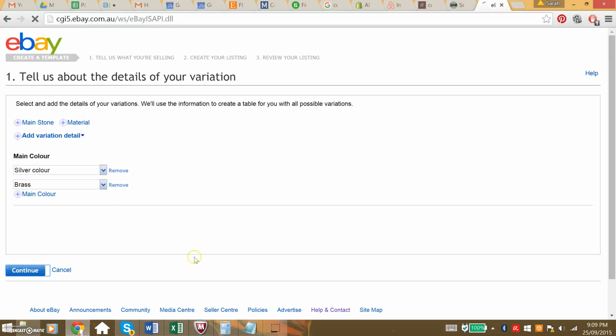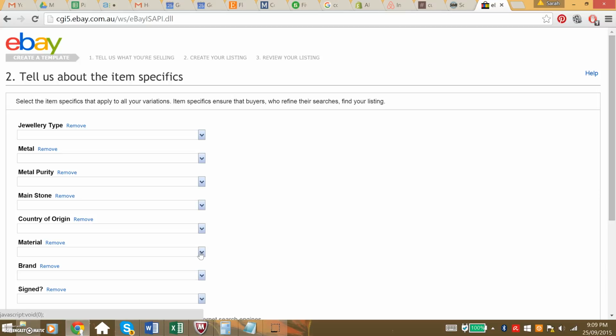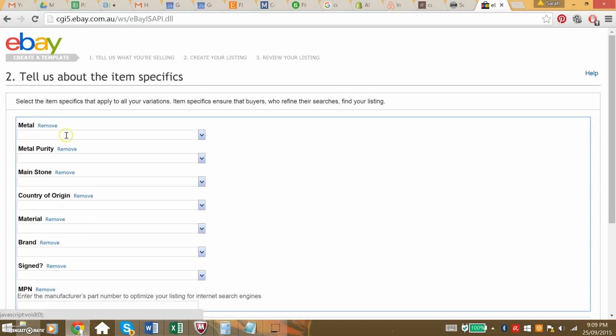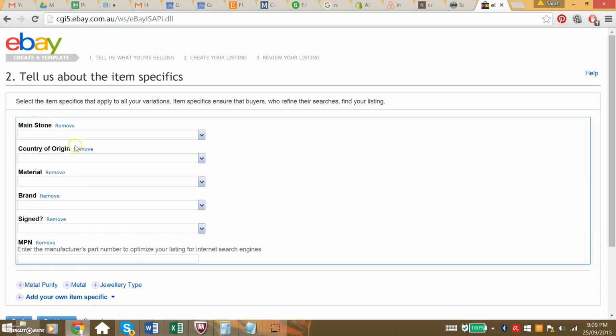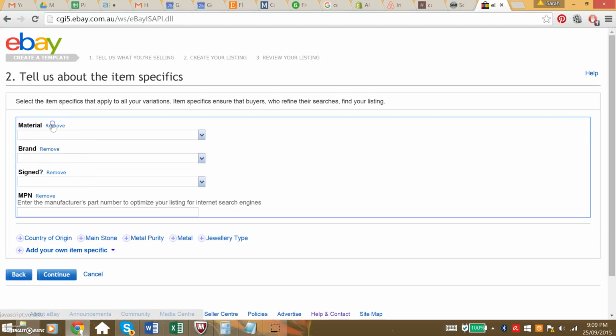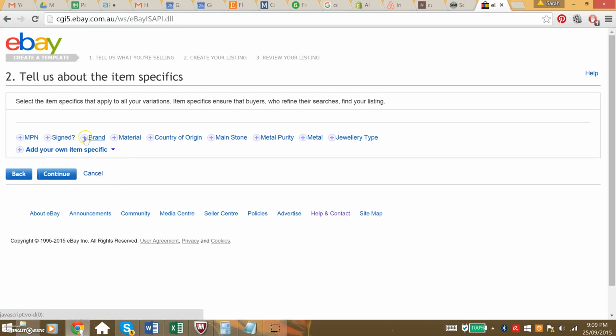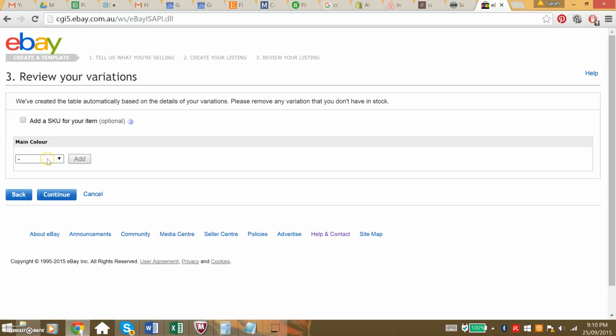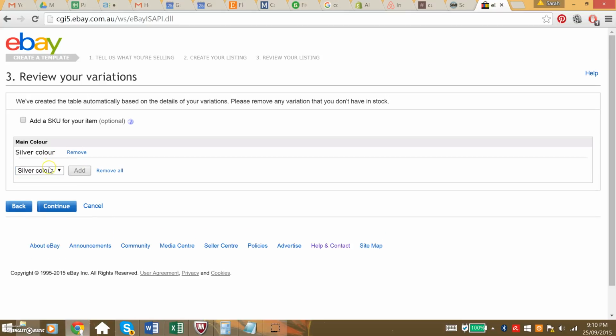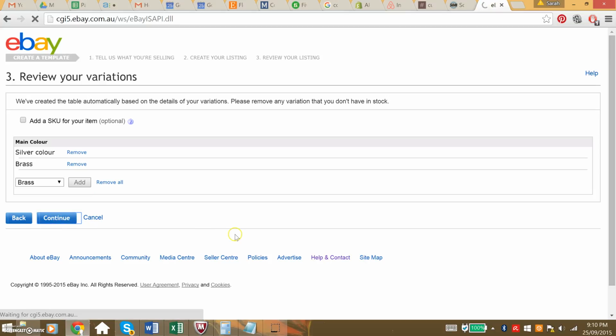Okay, so let's continue, and we've got two color variations now. We could also have put them in materials actually, I think. But let's just keep it simple using colors and sizes. I prefer that, I think. Whatever you think, actually, up to you. We remove all of these specifications we don't need. I think we could maybe leave brand and stuff like that, but no, let's keep it simple. And we continue. And then we just add these colors. I don't know why it wants us to do that. A bit superfluous, but whatever. Continue,